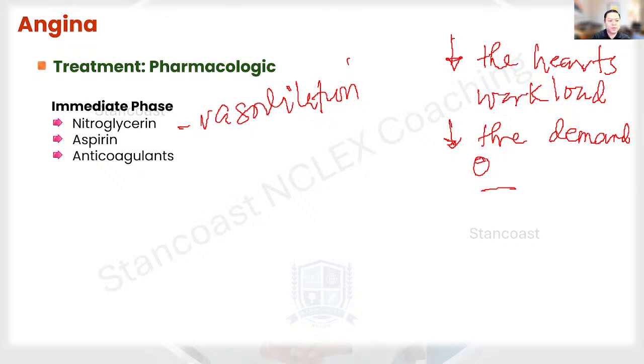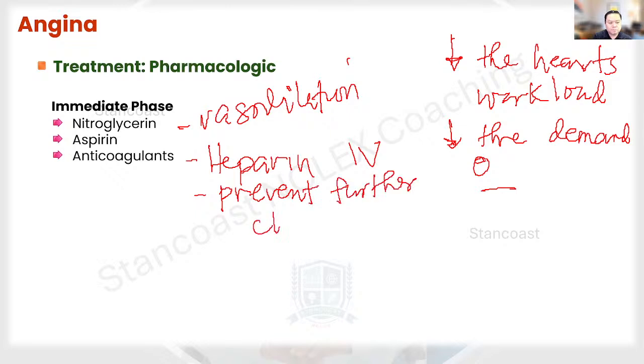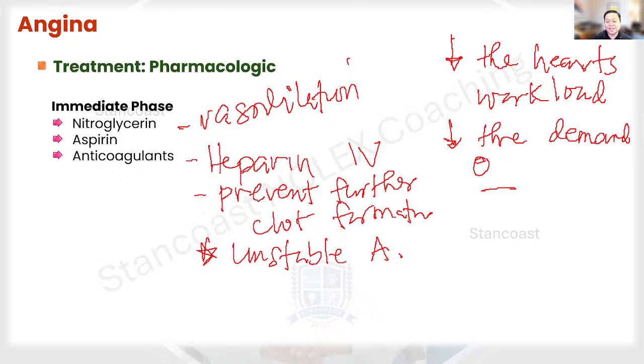Okay, let me write that down. Heparin IV. And the reason for that is to prevent further clot formation. And this would be used in the emergency setting, especially in the acute care setting, for those patients that may have unstable angina. Remember about the unstable angina? The pain can come in, it comes and goes like all of a sudden. And we really want to make sure that any possible complications will be prevented,